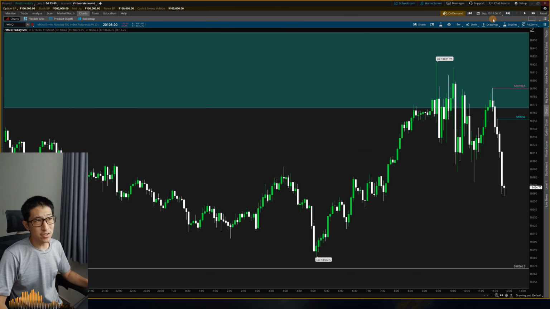So I guess I'll just go ahead and look at what the rest of this morning and the rest of the day looks like. I'm not really going to be entering a trade. I think even if I wanted to, it's not really going to give it to me. I could try to enter here, but I'm risking a lot of retracement.